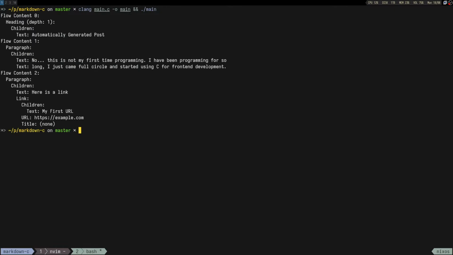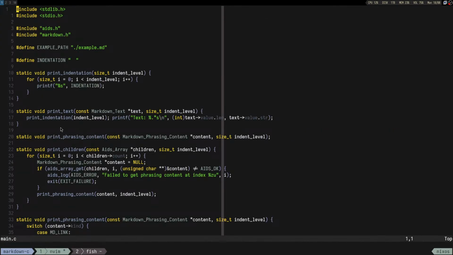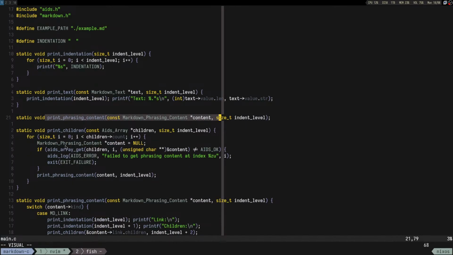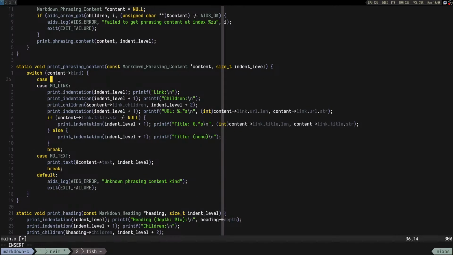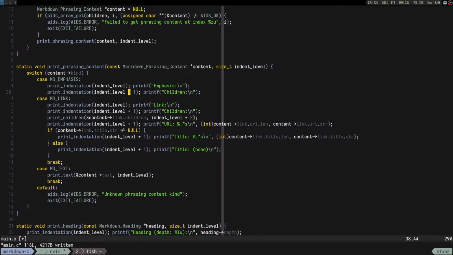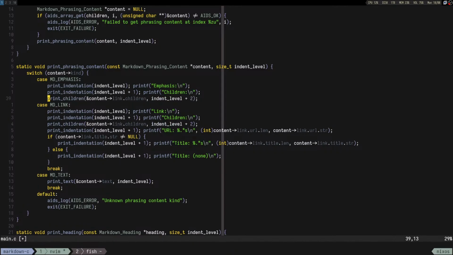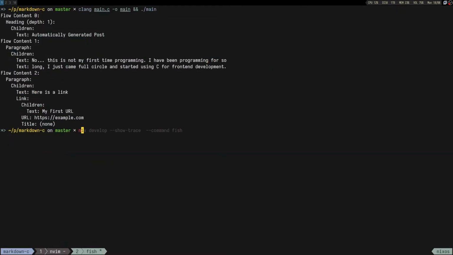Okay, so let's try to run this thing. One thing that we need to change though is here when we are doing print phrasing content, we need to add a case for emphasis. So case emphasis, let's print indentation, let's do emphasis, and this one is also going to have some children, and then we print the children. Right, so that's what we need. Okay, and then in the markdown file,